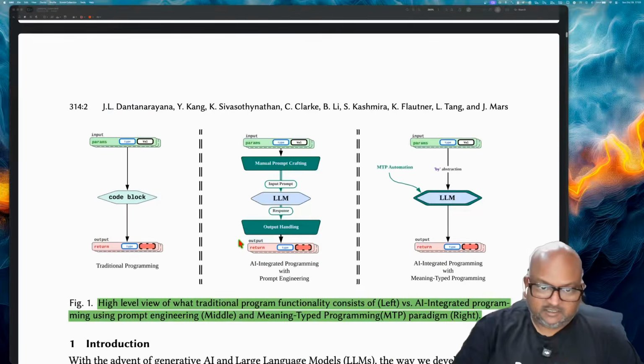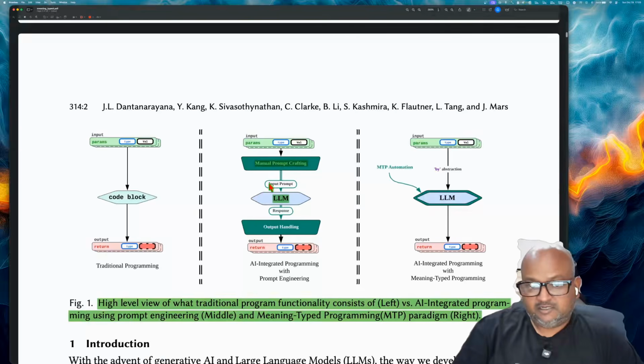Let's first try to understand the problem they're trying to solve exactly. Now, if you want to invoke an LLM in your code to handle some kind of logic, some kind of natural language understanding task, classification, whatever it is, the way you typically do it in code today is that you have some kind of a prompt that you've manually crafted, maybe in a different system, and that's the prompt you will send into some sort of an API that calls an LLM with that prompt.